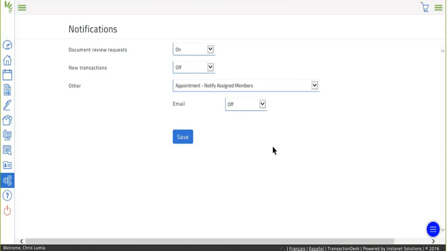Is there a way to merge data? It looks like that question wasn't completed. Let's see. What I'm assuming that's answering about merging data, when you create a transaction,